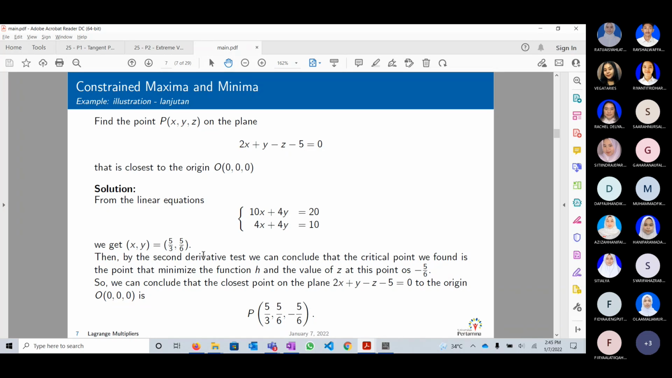Then by the second derivative test, we can conclude that the critical point we found is the point that minimizes the function h, and the value of z at this point is minus 5/6. So we can conclude that the closest point on this plane to the origin is actually the point